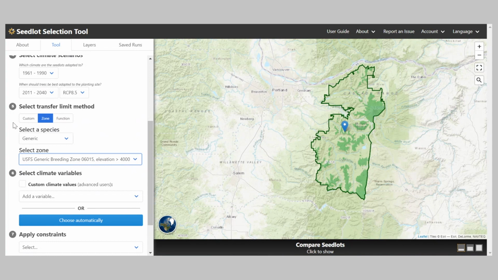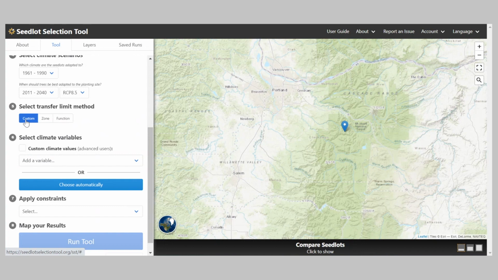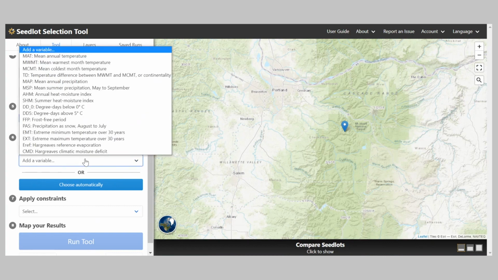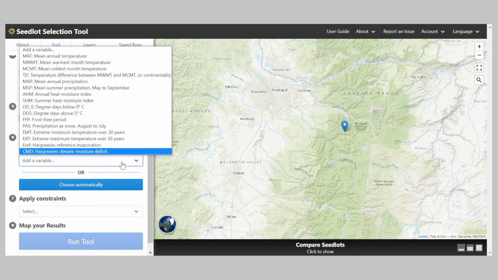Now, for this example, though, we are going to use the custom method. So I select custom. In step 6, we're going to select the climate variables. The seedlot selection tool has many options of climate variables to choose from. If you click on the drop-down menu, you can see that there's a whole suite of climate variables that you can choose.